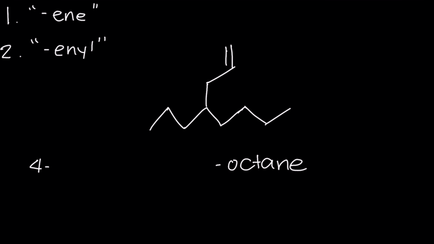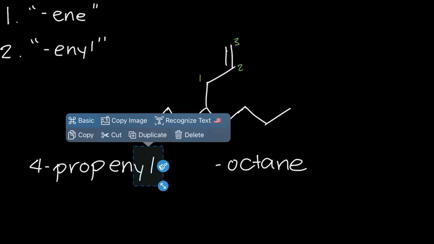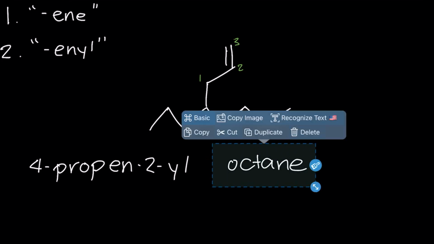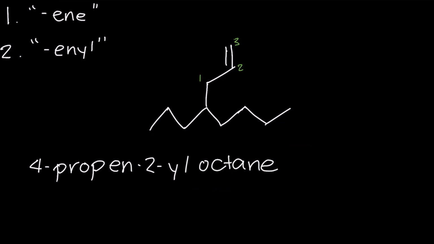So I see that our substituent here has 1, 2, 3 carbons. This is going to be prop. And because our alkene here is not a part of the longest chain, we use the suffix -enyl. So it's going to be propenyl octane. But I have to specify where the double bond is within my propenyl. I can see that it is on the 2nd carbon. So I have to put propen-2-yl octane. 4-propen-2-yl octane would be the name of this